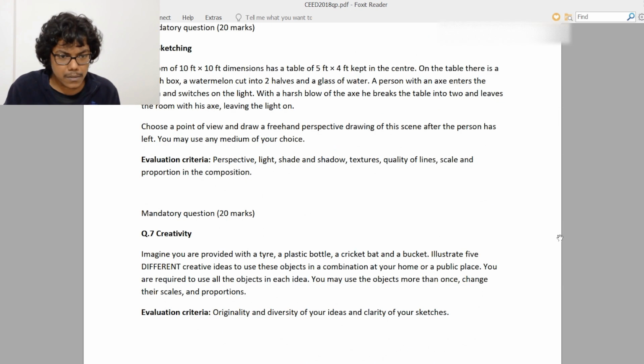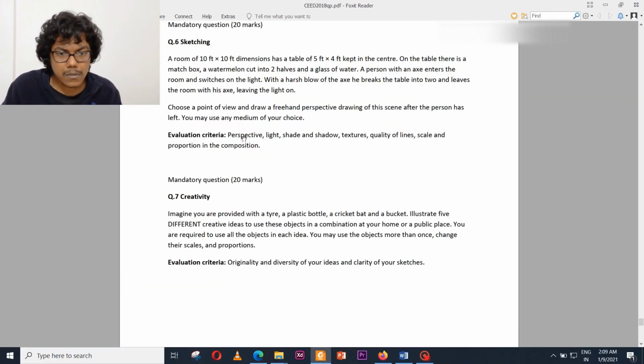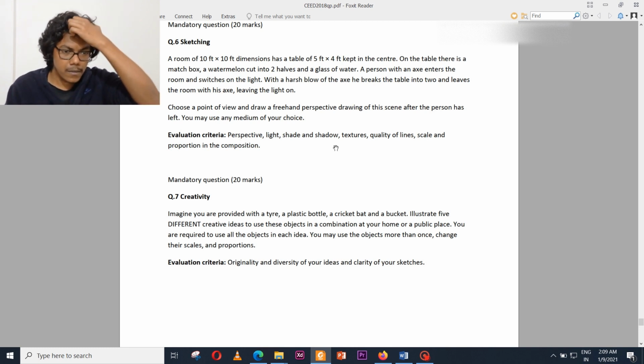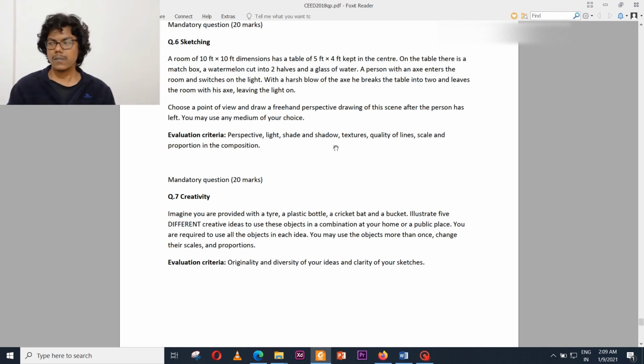Then the other questions could be like, let's see other questions. So 5 is done, then 6th, now you have to draw a room. This is totally perspective. Then you have to give the light, shade and shadow, texture, quality of lines is a good deal, scale proportion in the composition. Okay, so in this you cannot use pen as I did in the first one. Then pencil, you can go with